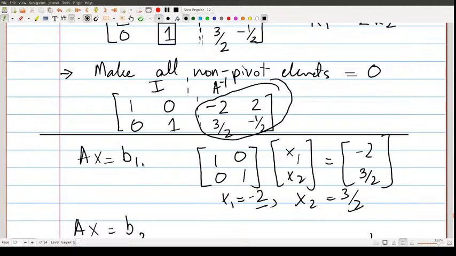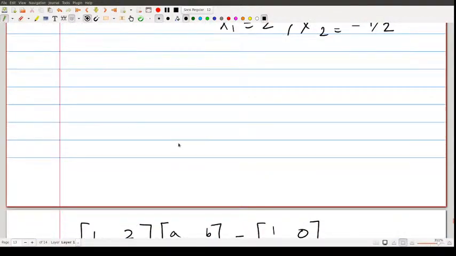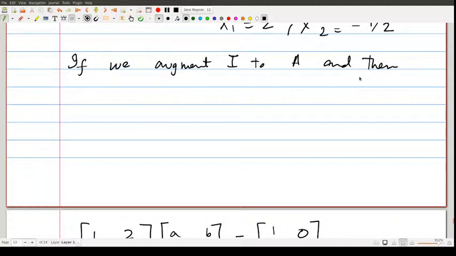So here's the final result. The result is that if we augment I to A and then apply Gauss-Jordan